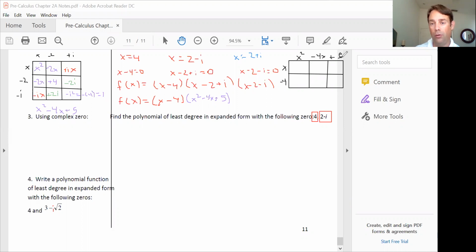Oh, that's a weird looking 5, isn't it? All right. And again, multiplying all the way out, I get x cubed minus 4x squared plus 5x minus 4x squared